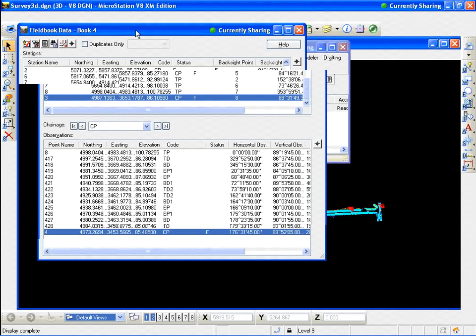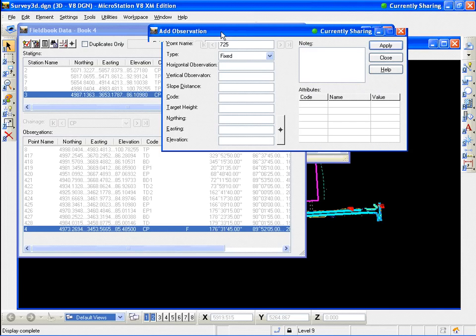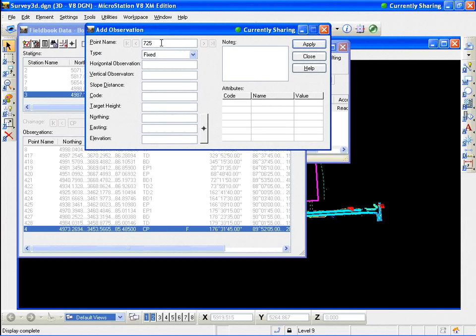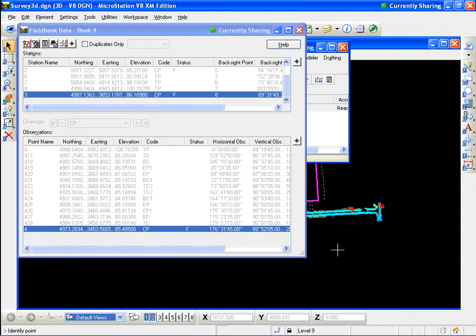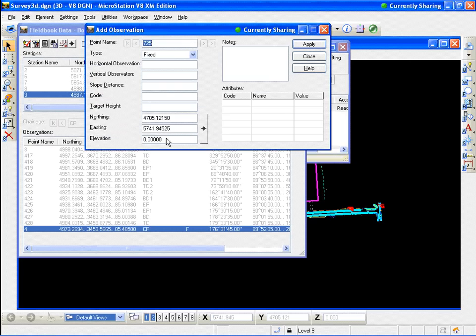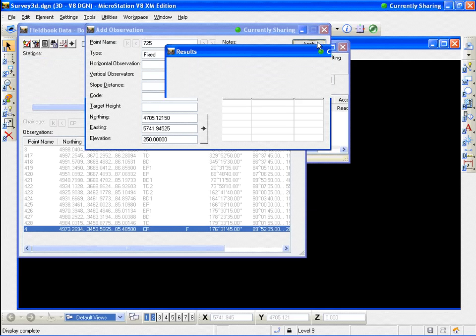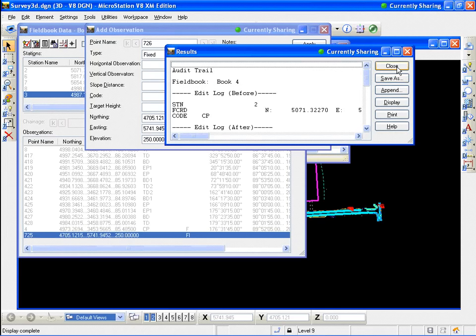Right-click, add after, and it says 725. That's just the next point that I'm telling it to go to, and that's a point that has not been used. If I click on this type, it's fixed. What this is going to be is a fixed point because I'm just going to place it in there. And I can pick on this toggle, and I can put this point anywhere I want to. Let's say right there. I can add my elevation, let's say 250, and then I can add notes or codes and hit apply, and then close